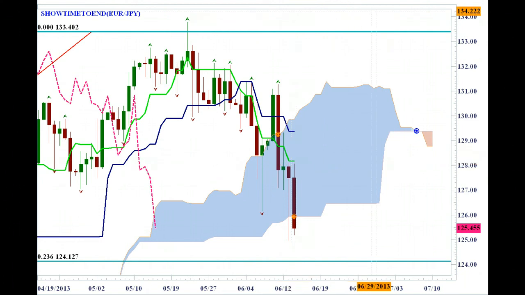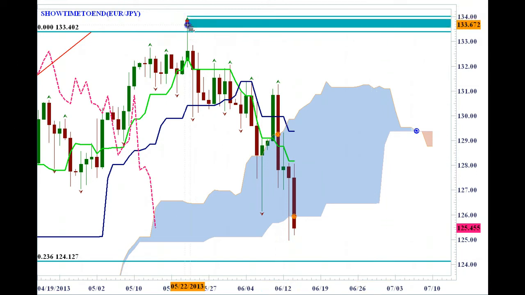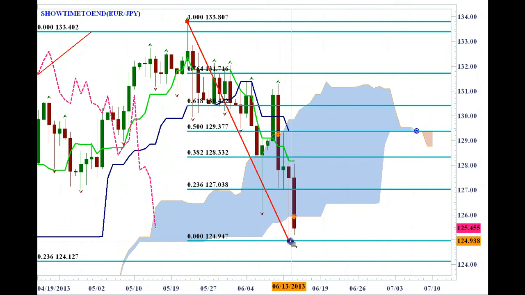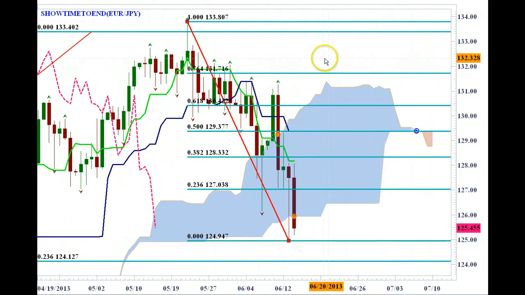So let's see if we're about right. Alright, so we're pretty much right with this. If you look at that, the 50% retracement would be right here, right with the Kijunsen where it's lined up. So if the market tries to retrace off of this move here, then you've got this 38.2, pretty much close with the Tenkan-sen. Now if we take it off of this move